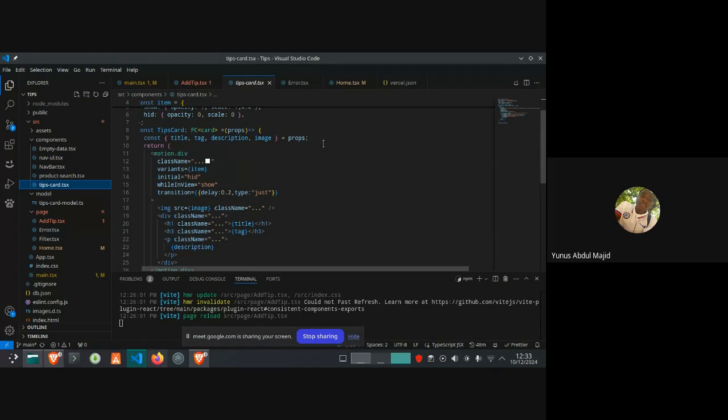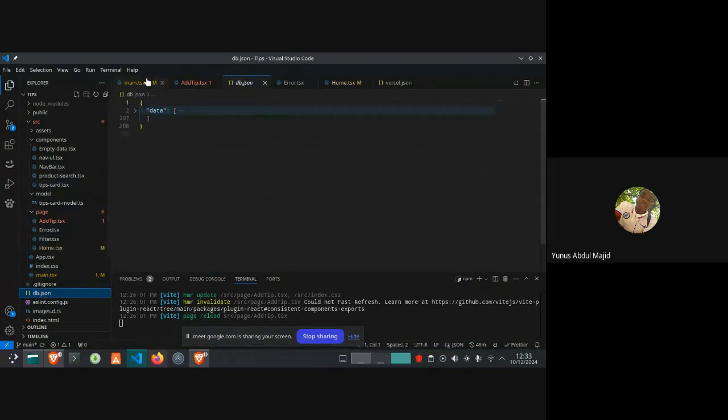Currently, I will need to add some few things here to be able to make use of the dynamic route, because if I use the title, tag or description, we might be in a situation whereby we have the same data with the same title, tag or description.